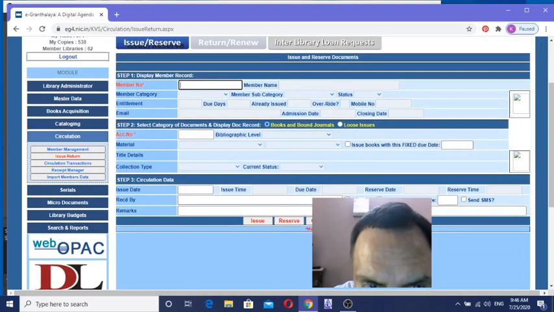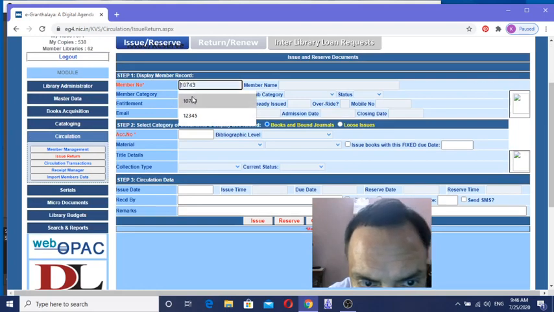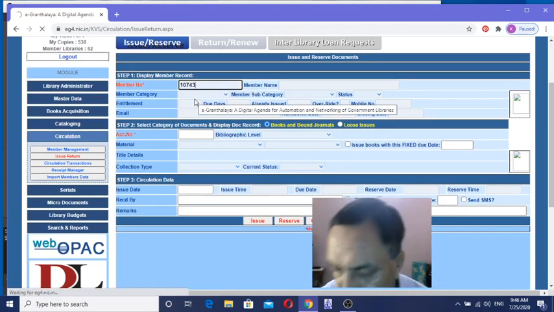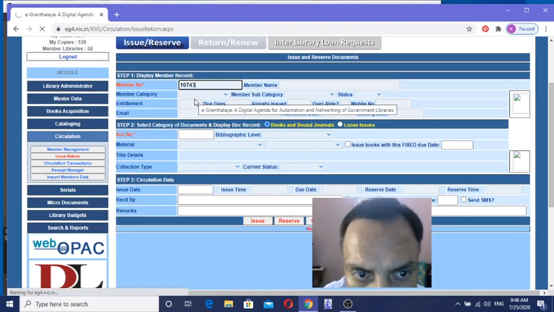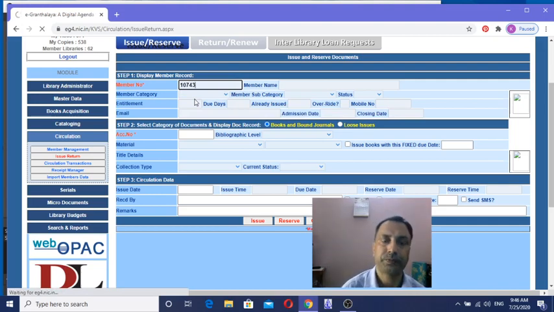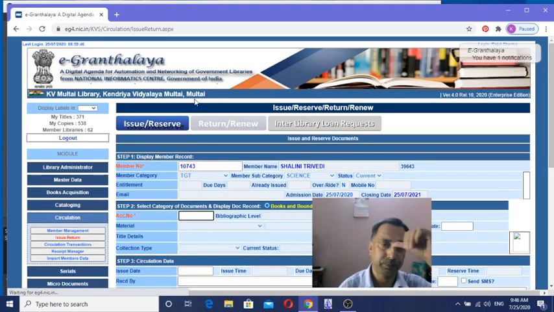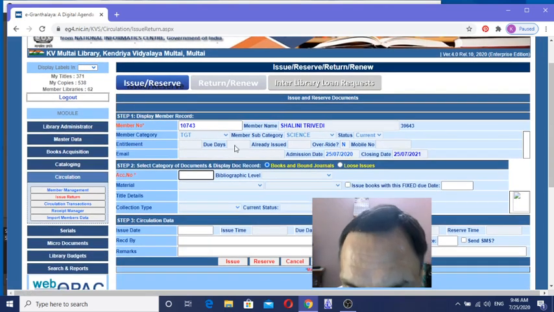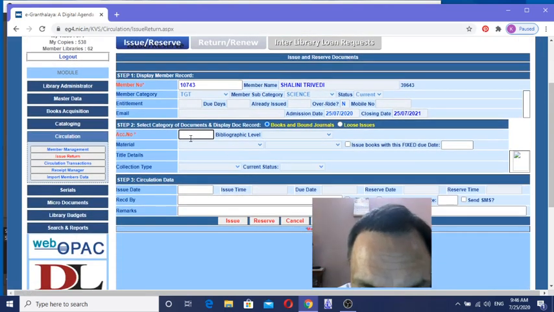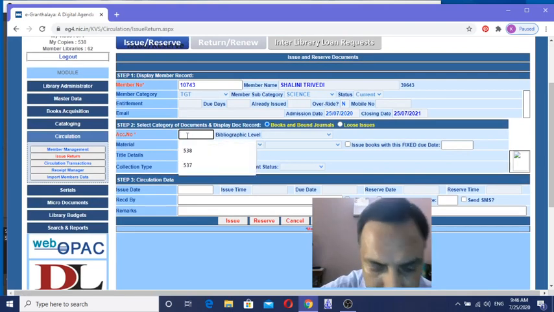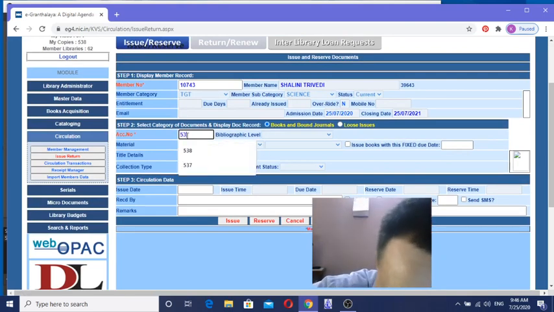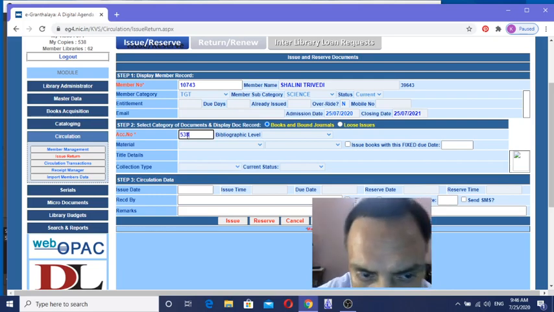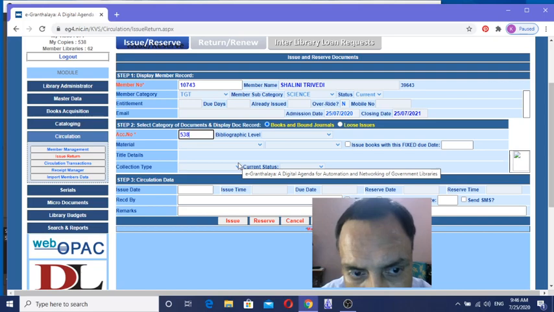Here. Now I'm putting the member. Number is mandatory, 1073, and after that enter, click on enter. Here I have got the total details of the user. Now I am going to put the accession number of the book, either by scanning through barcode reader or by simply typing.